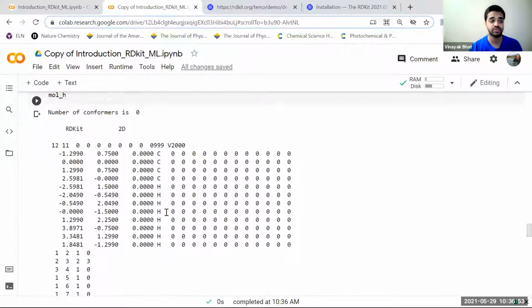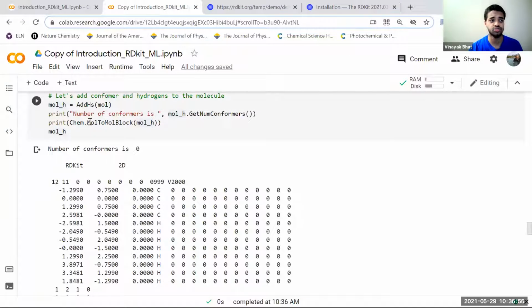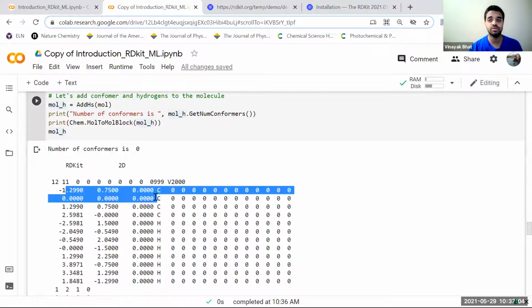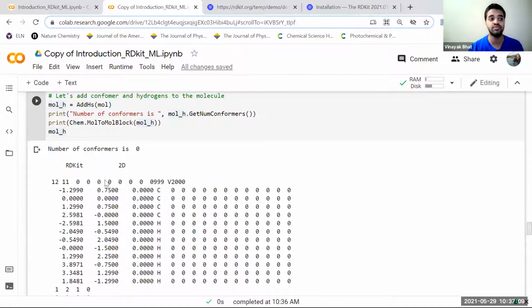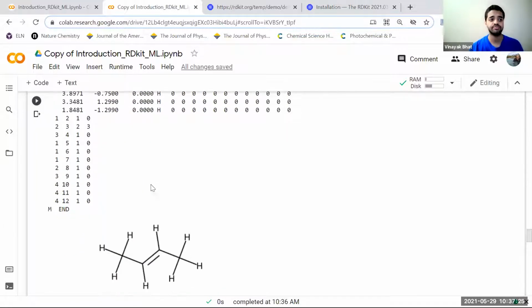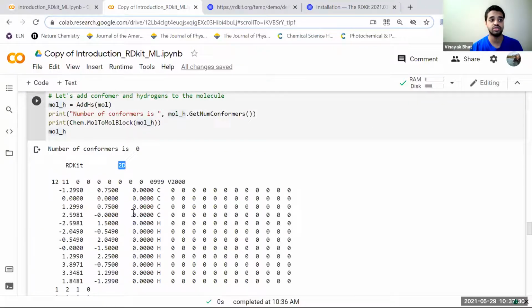Right now it'll generate a conformer because we added hydrogens. So you see this is a 2D again, because these are the XYZ coordinates here, and you see all the Z's are zeros. That means it's a 2D conformer that you have, and RDKit shows that as RDKit 2D. So this is a mole block, and you can read in something like this and get XYZ coordinates directly into the molecule object, or we can create it. Okay, so over here we added hydrogens and looked at this conformer now.